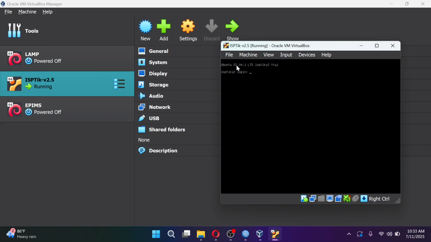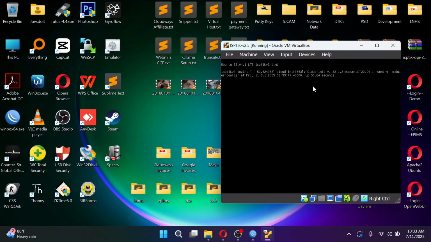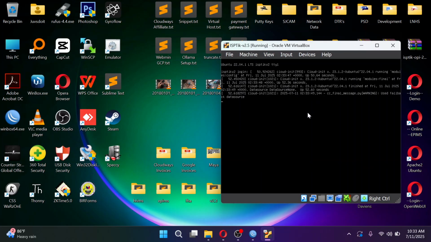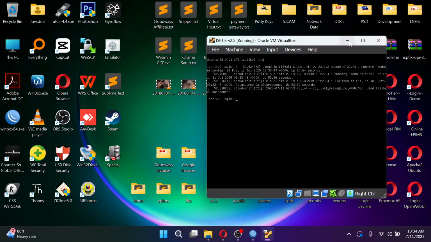So there you go, Ubuntu 22.04. The latest is 24, but we managed to update some necessary packages for the Ubuntu distribution since this is an LTS version. Okay, so you can see this is LTS long-term support until 2027.